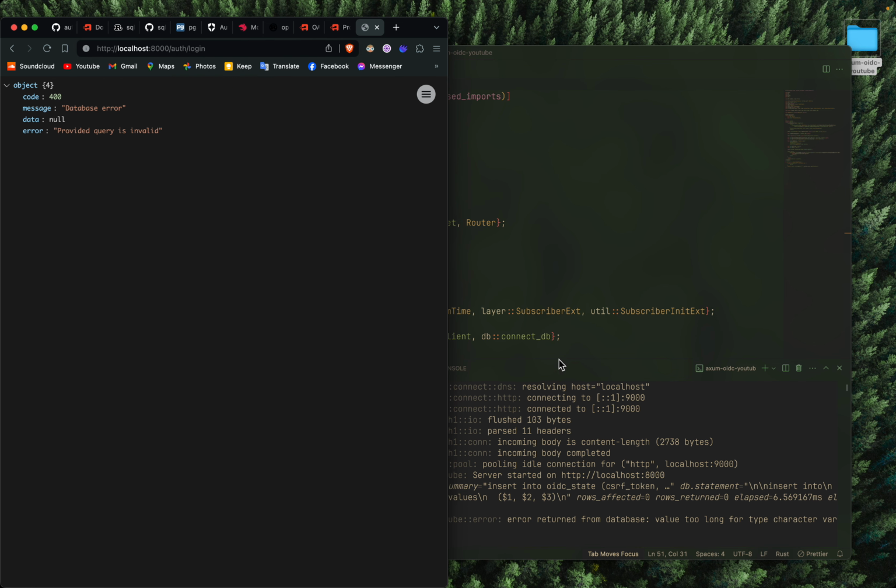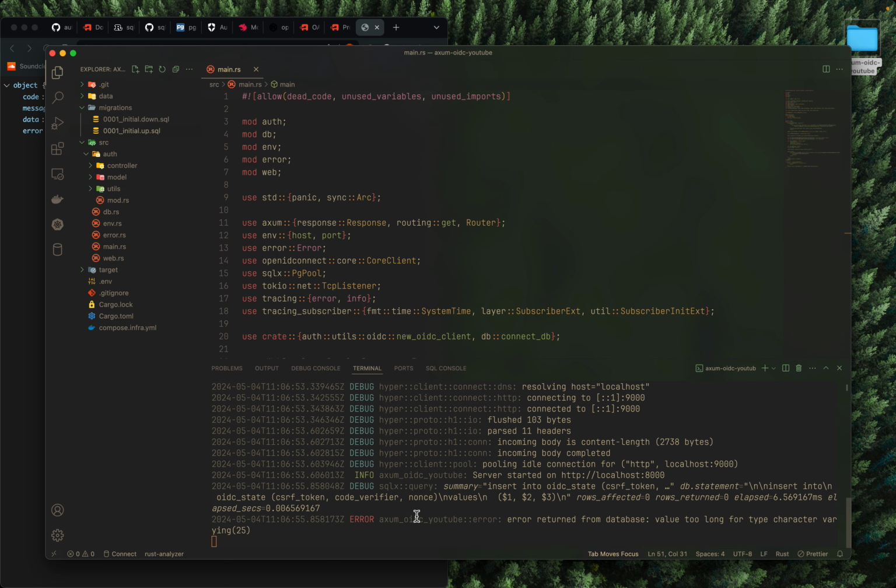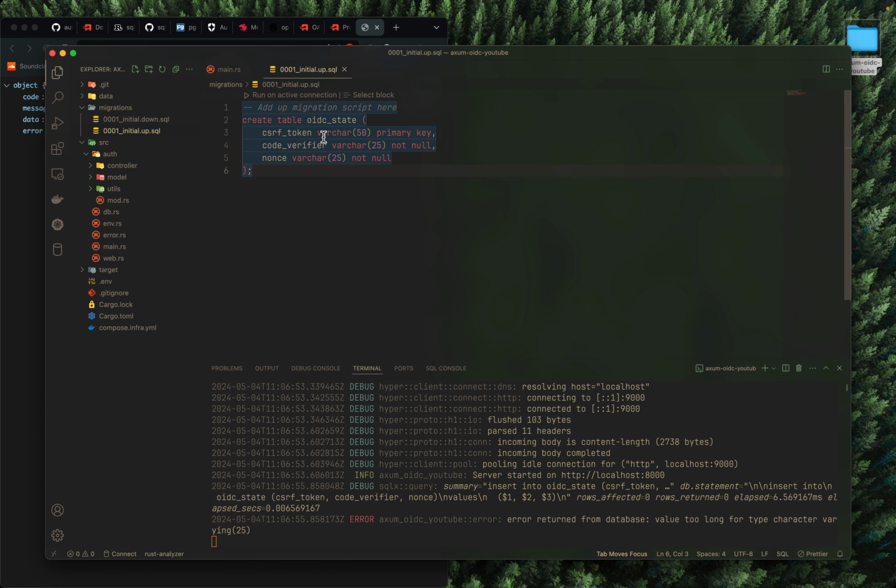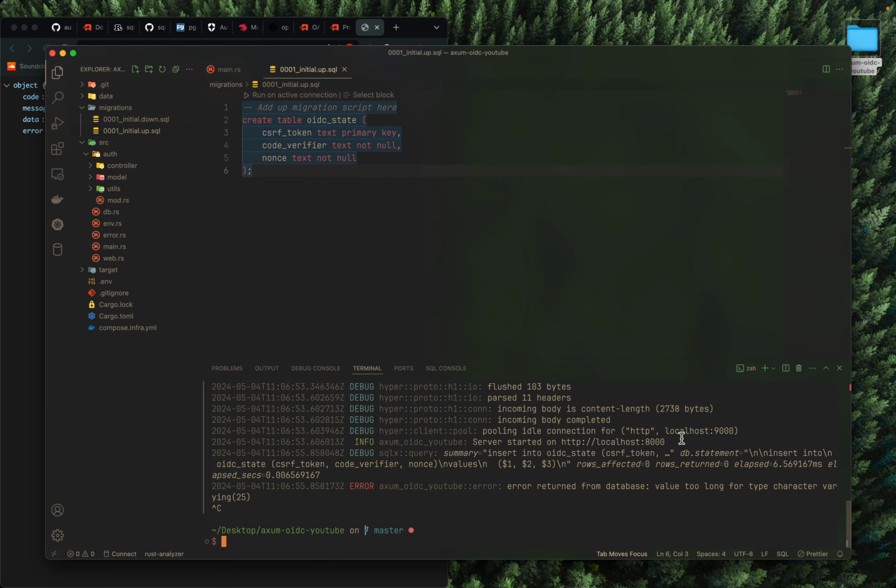Login. Go for this again. Value too long for type character. Well, I might as well just use text at this point. Well, all of them are going to become text. Yep, text. All right, SQLX migrate revert